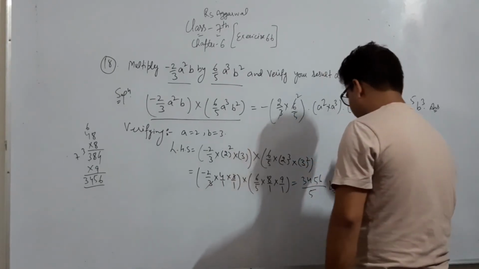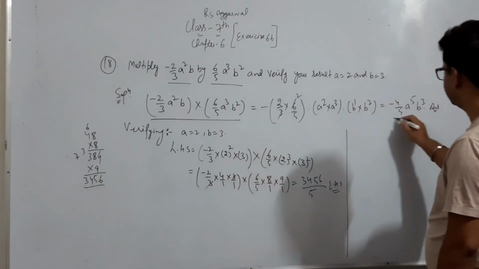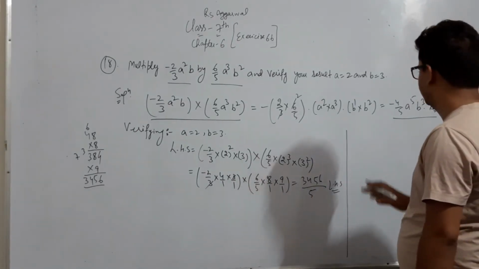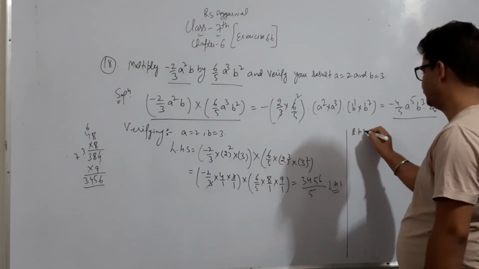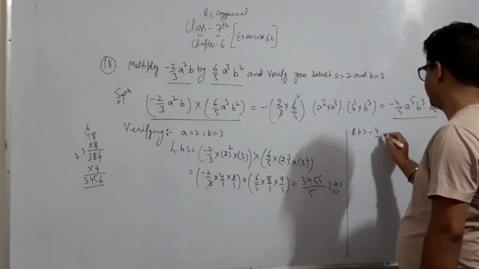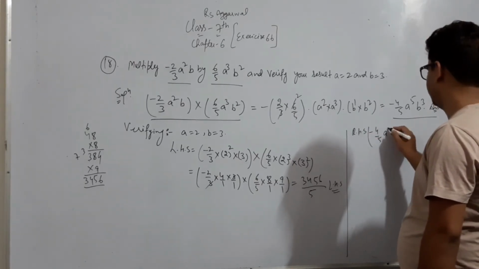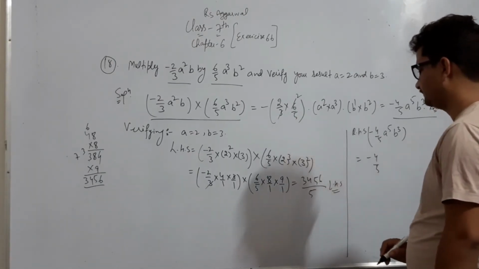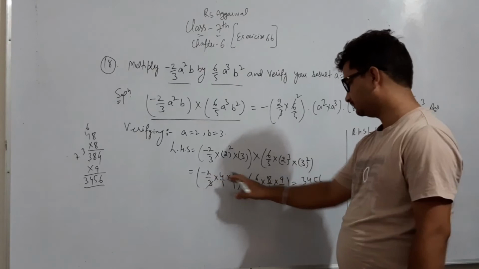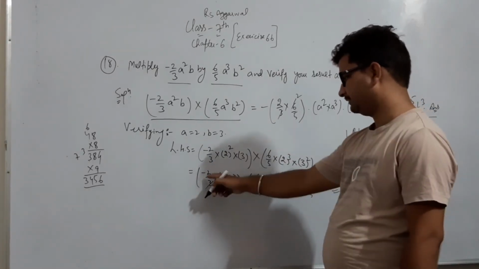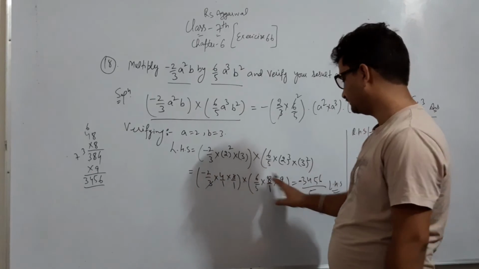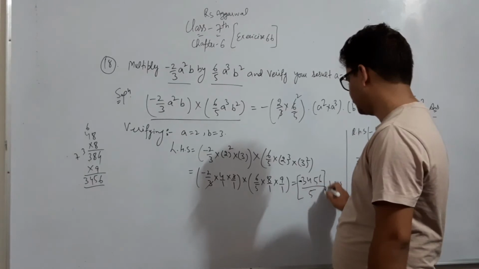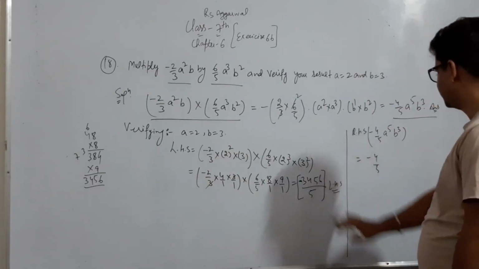Now we put the values of a and b in this right hand side. If the left hand side is equal to right hand side, then we verify the result is true. Now the right hand side is minus 4 by 5 a^5 b^3. We have to put the value minus 4 by 5. Sorry, the negative sign is also taken, because here there is one negative and nowhere else, so the negative sign will come in the multiplication. So we write minus 3456 upon 5. This is the left hand side.